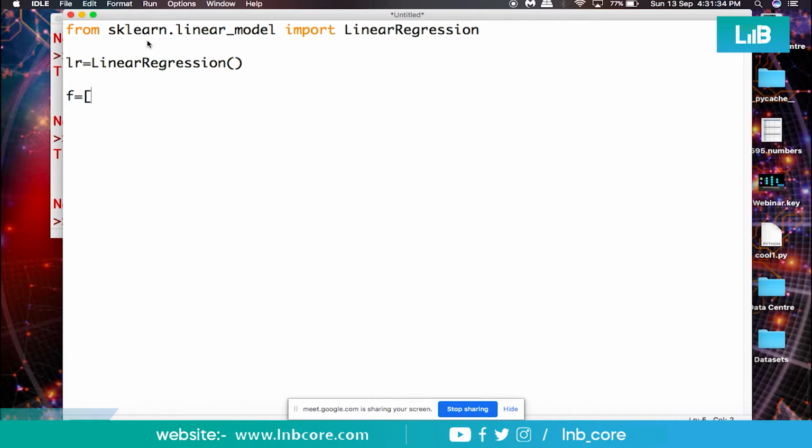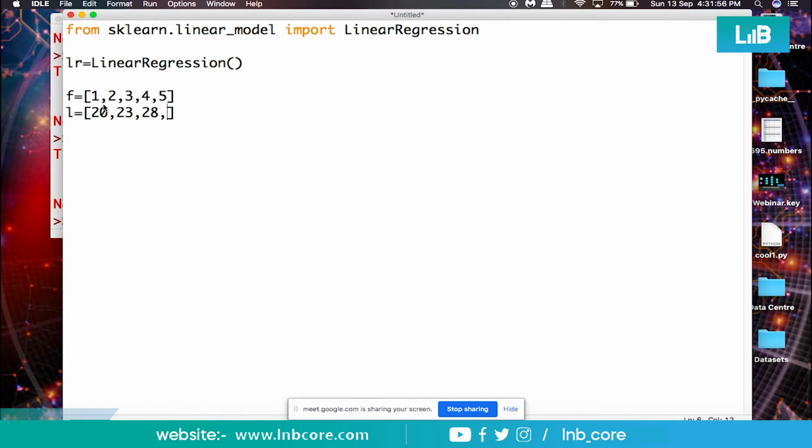I am considering the feature as the number of years of experience, 1 2 3 4 5, right? Let me have the labels. Labels is the salary. Initially it was 20,000. Let me not put 20,000 properly, 20k is enough. It's in k basically. So 20, comma 23, suppose